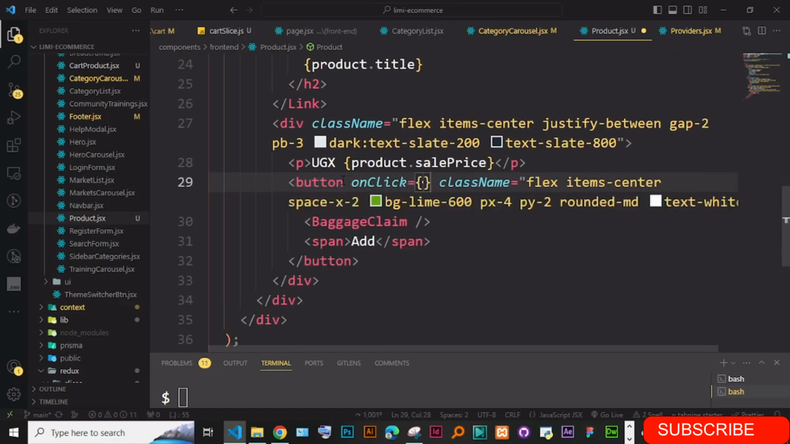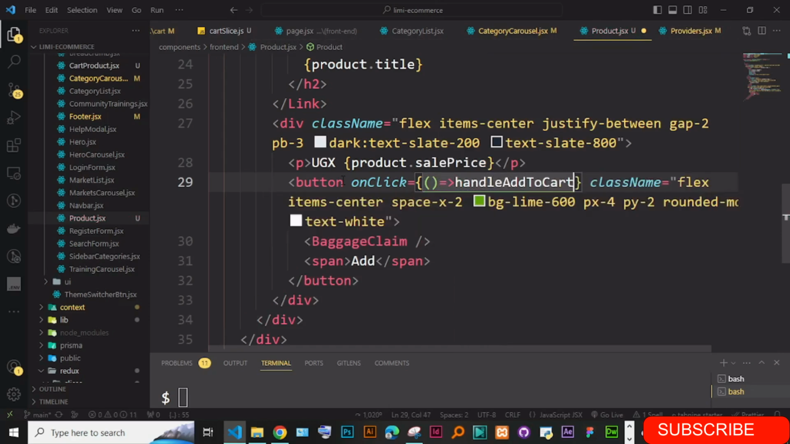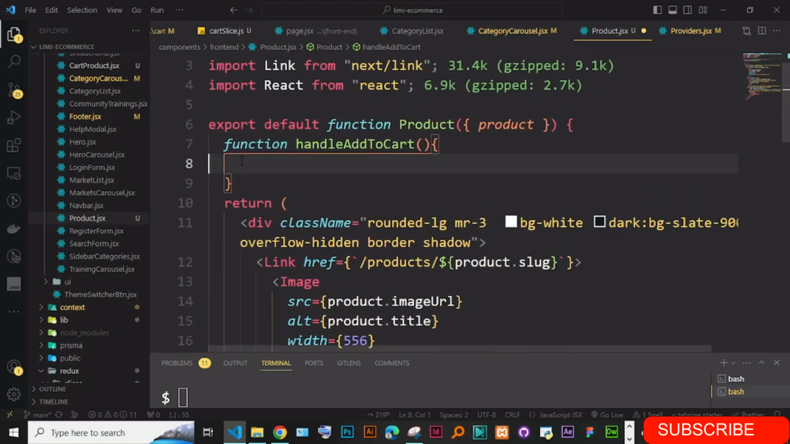So on click, we're just going to say handle add to cart, just like that. Now when we run this function, what we simply want is to call the add to cart reducer. So here we just simply trigger or call, in fact we normally call it dispatching. So triggering a reducer is called dispatch. So we can dispatch the reducer,